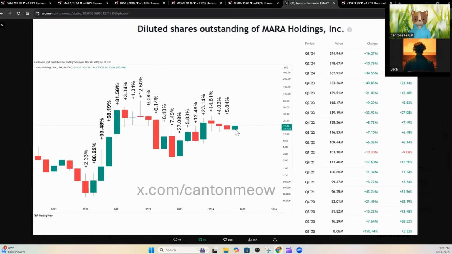On the one side, that's a good thing because it signals that the distribution phase still isn't here and that the most likely outcome is for the traditional assets such as Bitcoin and the S&P 500 and so forth to go higher, because it means that the distribution towards risk assets still isn't here.